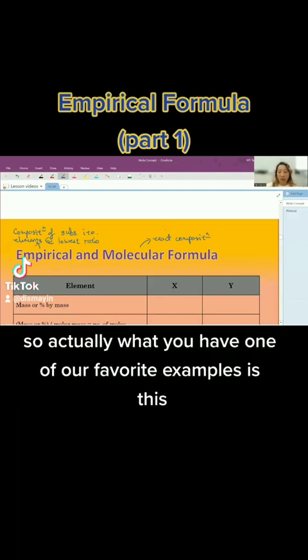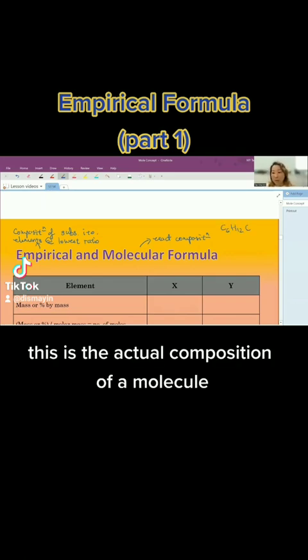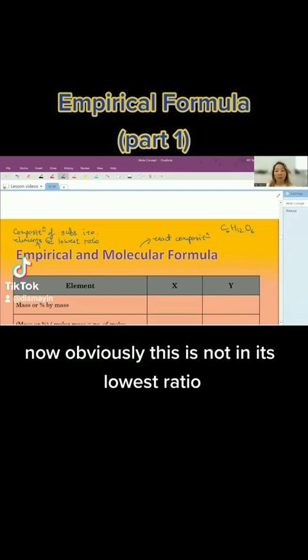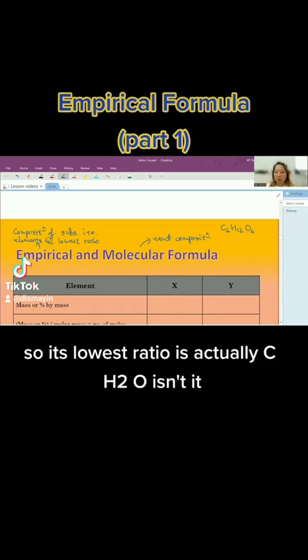So actually what you have, one of our favorite examples is this. You know glucose, yeah, simple sugar. Okay, C6H12O6. This is the actual composition of a molecule of glucose, right? Now, obviously this is not in its lowest ratio because it's got 6 and 12 and 6, right? So its lowest ratio is actually